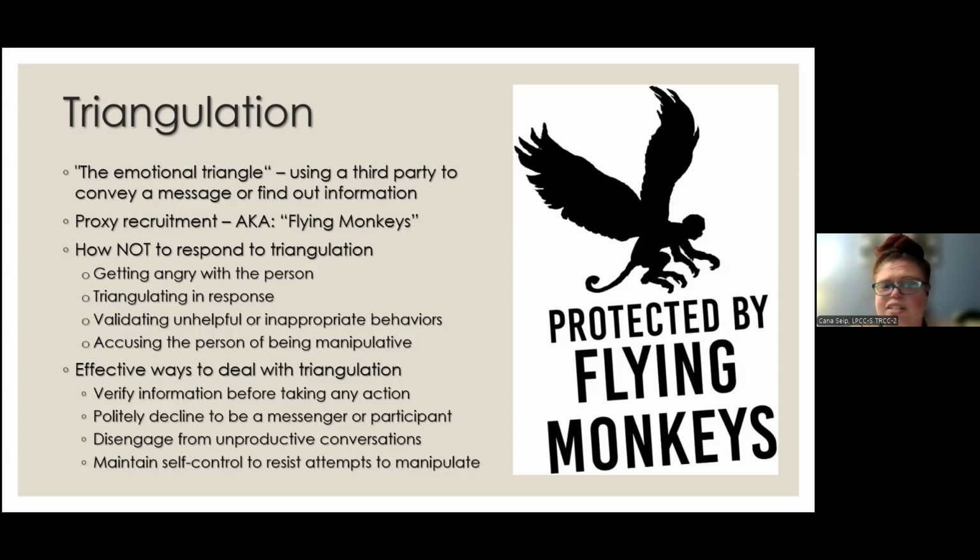And it's any person recruited to assist them in controlling someone else. This tends to happen a lot as contact decreases with another person. So if you think of Albert in his breakup, he might try to recruit other people to contact his former partner if they have completely gone no contact with him. They will go to friends, family, coworkers, almost anybody can be drawn in unwittingly into this type of